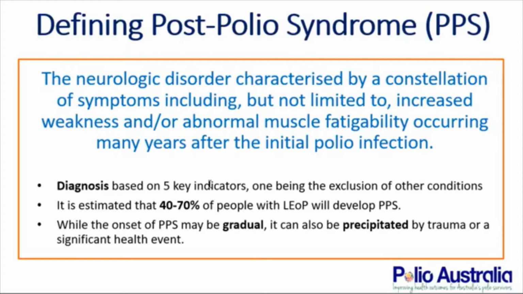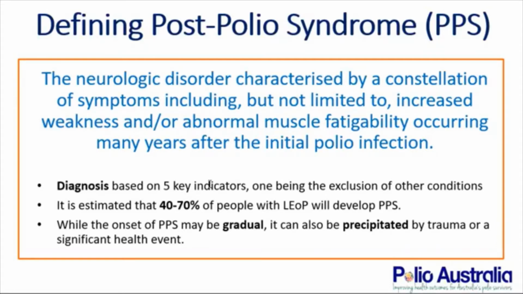So number 1 on that list is a history of polio, having some weakness, and this weakness may be confirmed by use of EMG. Already you can see that a history of polio, some people may not be able to express that or confirm that for going through this diagnostic process. But by the time we get to an EMG, we can certainly get some level of confirmation and confidence that it may have had polio.